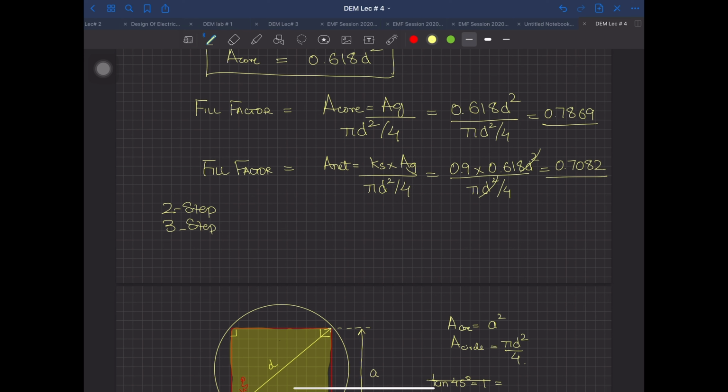So if I make a small table over here for 2-step, 3-step or 4-step, for example, so my fill area according to the equation, if percentage fill area is there, according to the book I am just copying the values from there. This is 64%, and again the next fill area is 58%. For a 3-step core, we just found out this is equal to 78.7%, and this one is 70.82%. And for a 4-step core, this is equal to 87%, and this one, sorry, yeah, I have done one wrong.